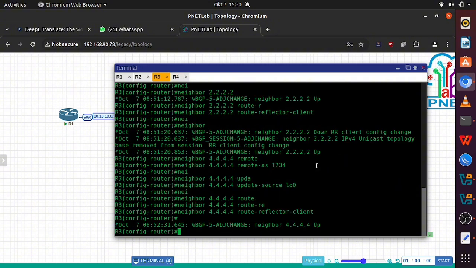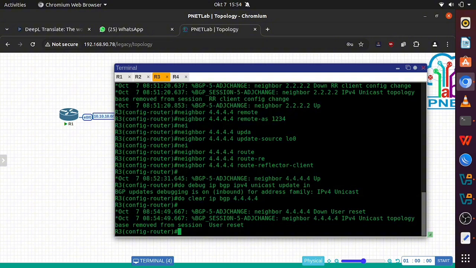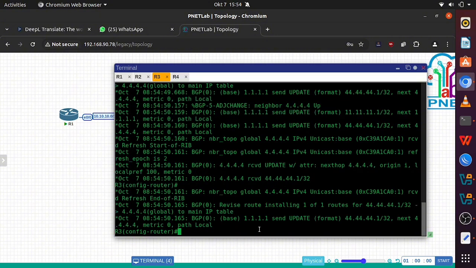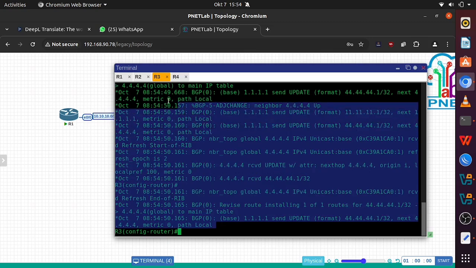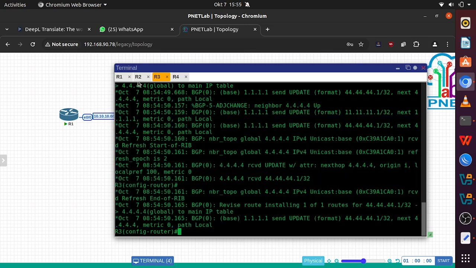And after that, we're going to router BGP 1234 again to do debug again in router 3, IP BGP IPv4 unicast update in. And after that, we do clear IP BGP 4.4.4.4 for restarting the IP BGP routing.